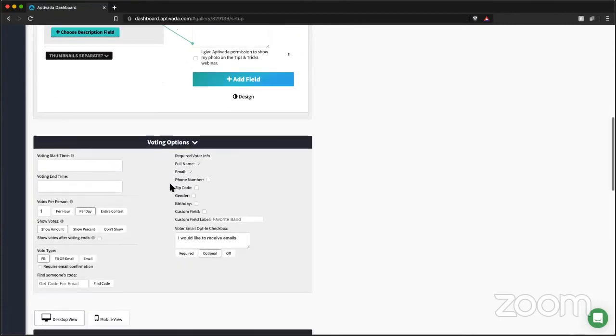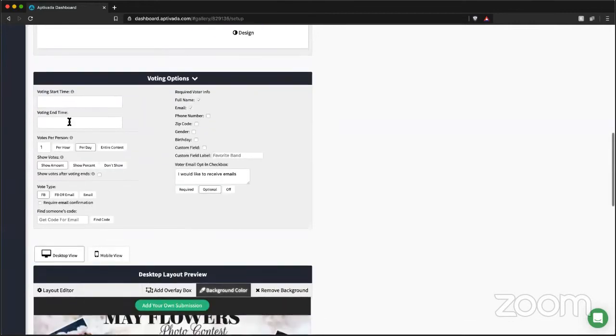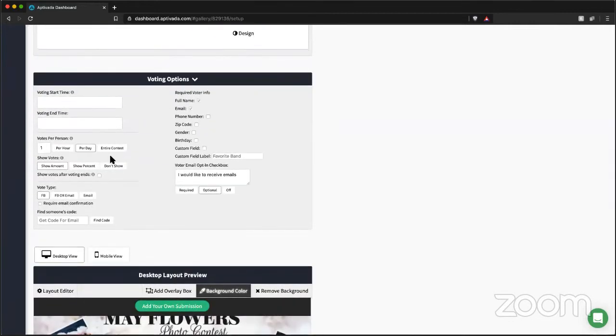Voting options, pretty straightforward. Again, you can schedule it. Votes per person, how many times somebody can vote per day for entire contests and so forth. Vote type,